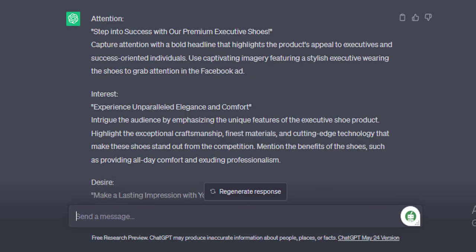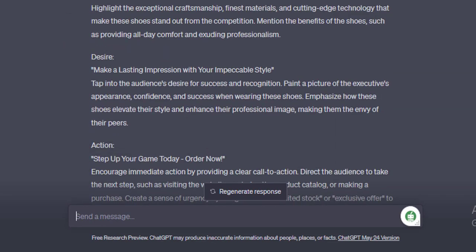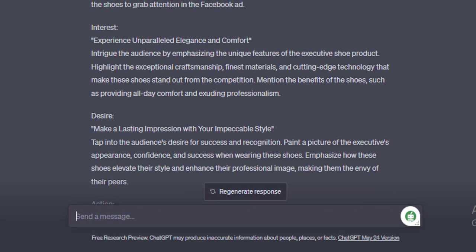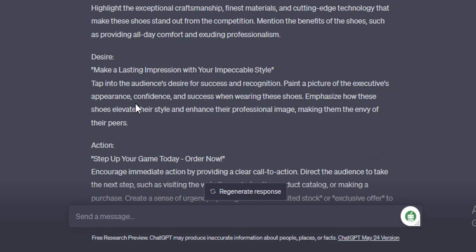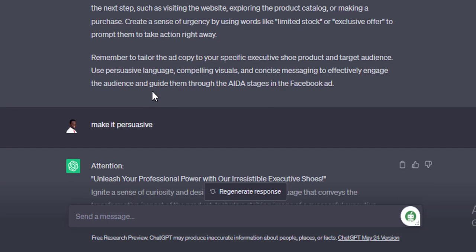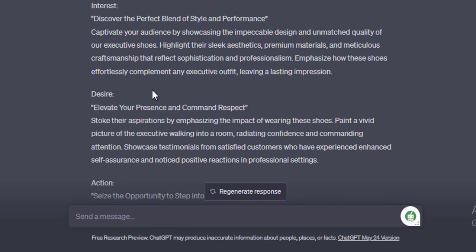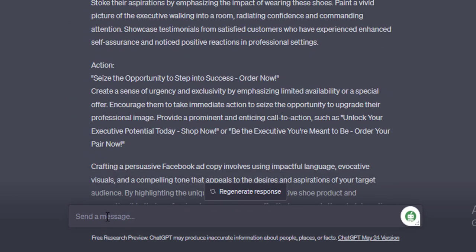So let's get it this way. Okay, so this is what we have. Use the above explanation to write Facebook ad copy for